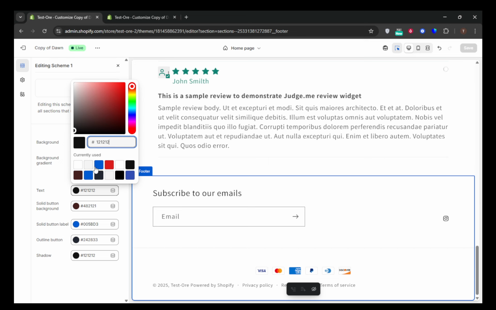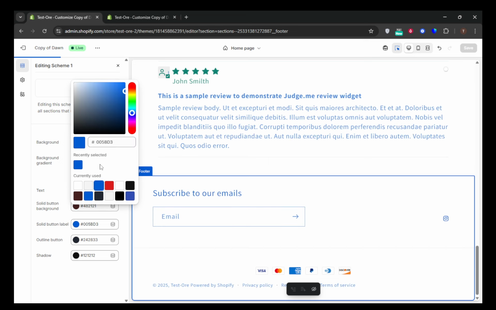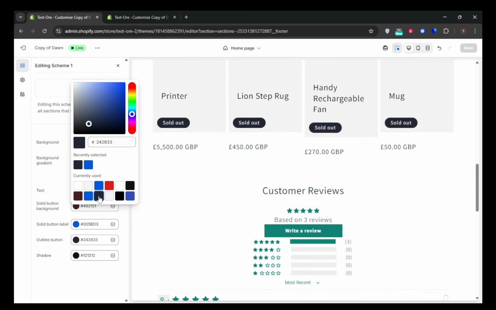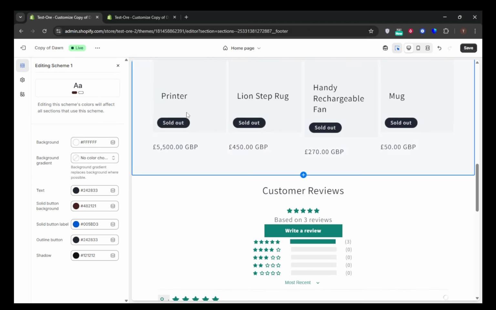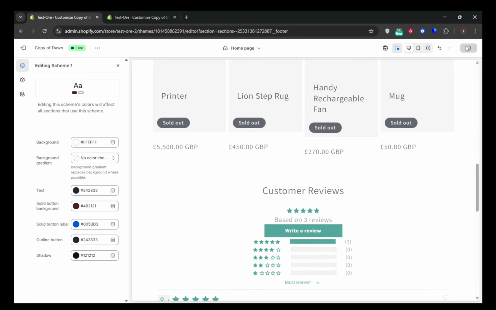And that's all it takes to change your footer color in the Dawn theme using the built-in theme settings on Shopify. Customizing your store just got a whole lot easier, right? Remember, thoughtful design choices can make a big difference in how your customers perceive and interact with your online store, so it's great to take advantage of